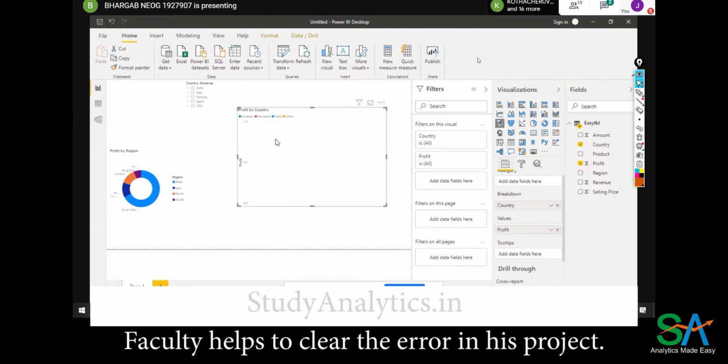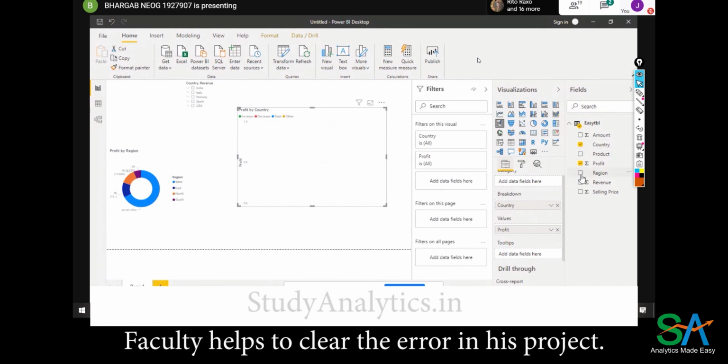No, that time I could see this profit over here, no? Listed over there. No, profit is in y-axis. That is why you are able to see. But in the, what do you call? Okay, you have your country and region. Yeah. Okay. Can I see that?